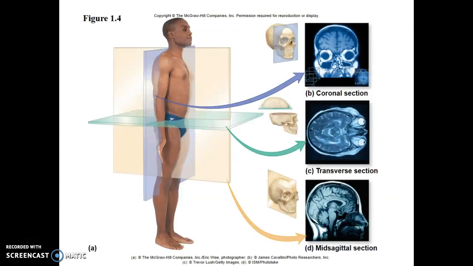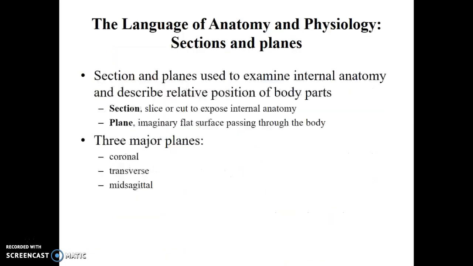So that man is standing in the anatomic position. He's just not facing forward to us because they have him rotated onto the lateral side. So you can see his right side of the body. Okay. All right. So once we have the anatomic position identified, now we can start looking at the planes of